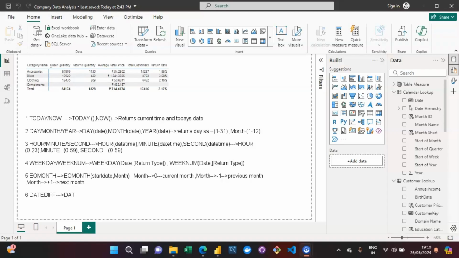So let me show you the syntax. You simply write the function name as DATEDIFF. You pass the first date as the first parameter, then date 2 as the second parameter, and finally you can pass the interval as the third parameter over here. Now this third parameter that you're passing as the interval will simply be specifying the